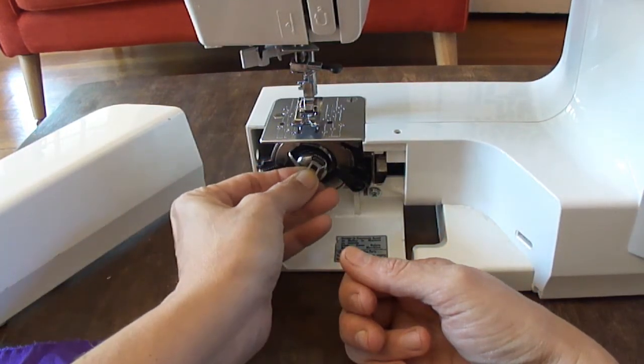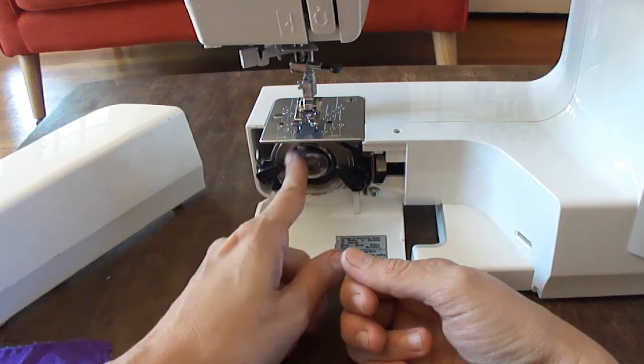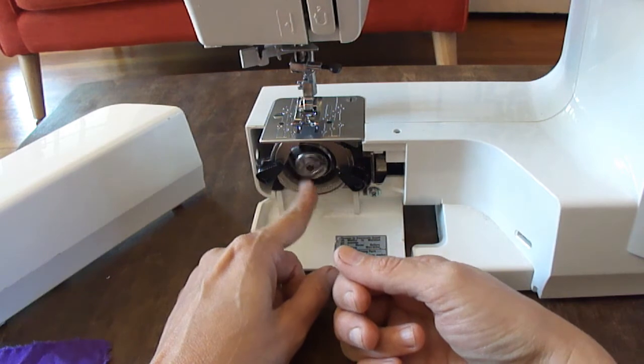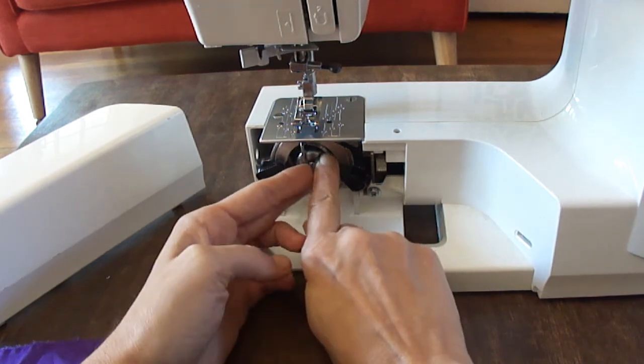If I don't do this, see I'm putting it in kind of sideways, it'll spin. See how it's moving? It's spinning freely. It's not locked in place. That is not what you want. If that's happening, you're gonna have nothing but problems. So make sure that you take the time to position it correctly, open up your lever, and lock it in